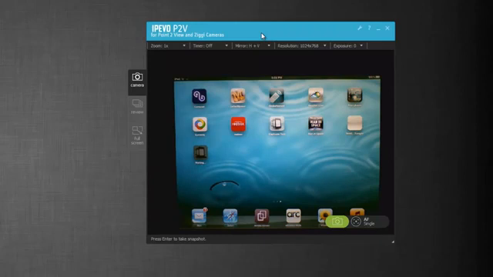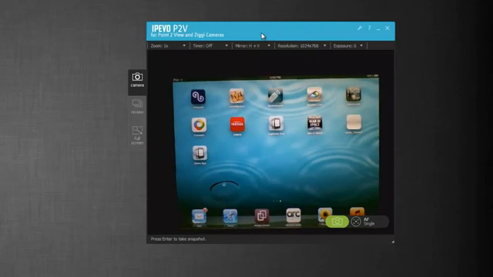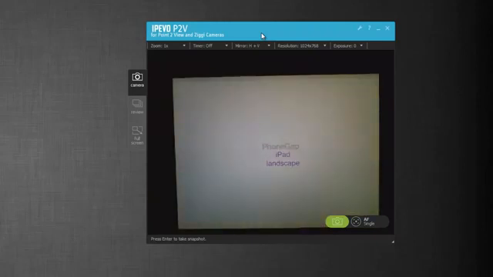Eventually with this file, I could sign it and submit it to the iTunes store, and I would be able to sell the course or distribute it that way. But I'm just doing an ad hoc distribution. So there we go. It's installed. It has a generic icon. I could change that with PhoneGap Build, but I want to see how this looks. So I'm going to open it up,